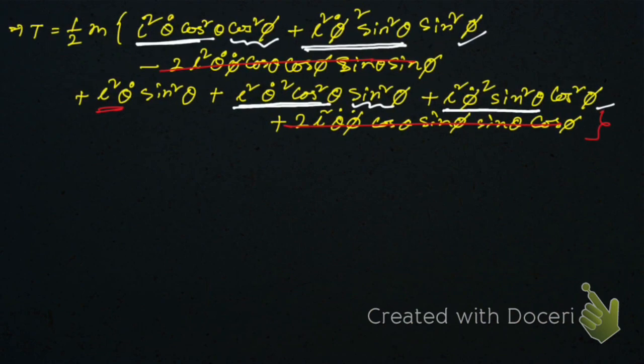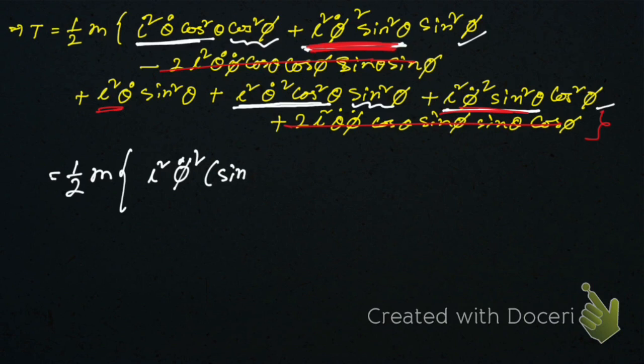So here what we have got, half m, from these two terms, this one and this one, we have got L square phi dot square sin square theta within the bracket sin square phi plus cos square phi,